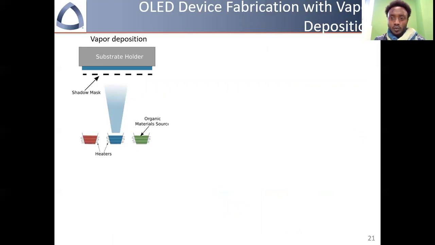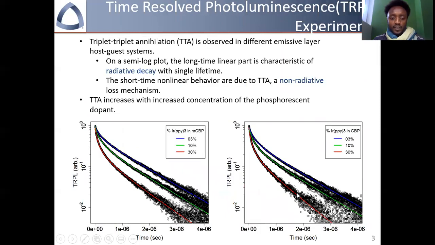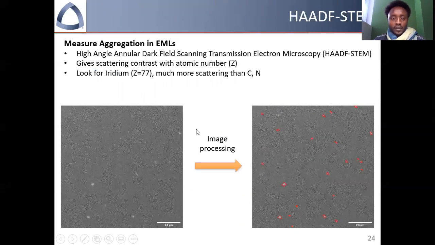So after seeing this simulation, we tried this on actual devices. We create them through vapor deposition. This is an example of a physical device. And we try to increase the number of nearest neighbors in actual devices by increasing the concentrations of dopants inside the host matrix. And you see that at high concentrations, you get more TTA, and this happens no matter which host material you use. So we try to see this aggregation using STEM, counting on the difference between the iridium mass,